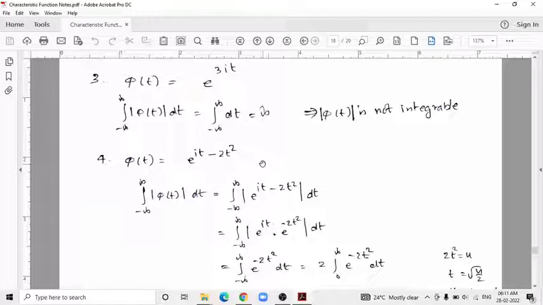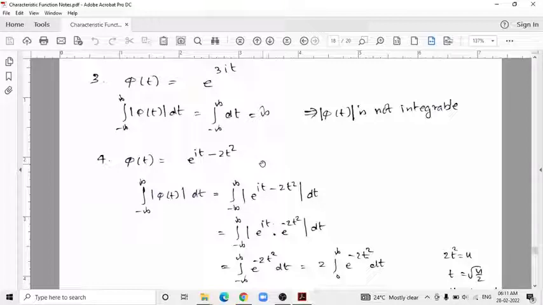That is, the normal distribution characteristic function is e raised to mu t minus t square sigma square by 2. The structure is very much therefore identical to that of a characteristic function of normal distribution. However, we will have a step-by-step derivation of finding this density function from the characteristic function using the inversion formula. Before that, we will just examine whether it is absolutely integrable, and we can see that integral minus infinity